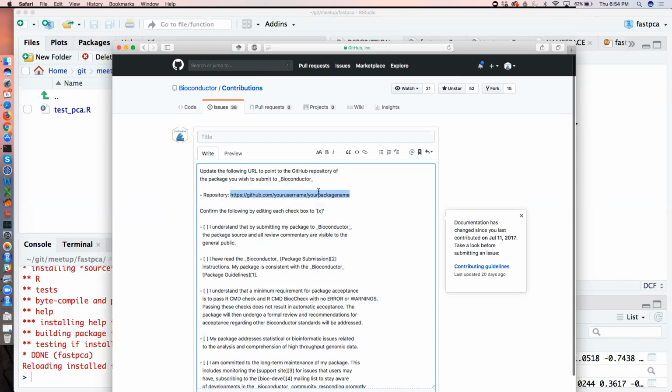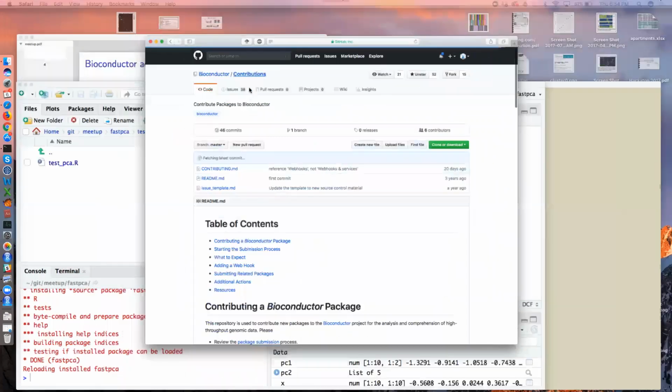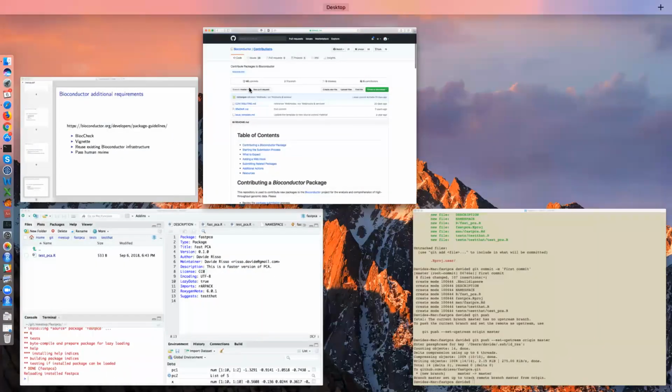Yes? So for the official manual that we see for packages on CRAN or Bioconductor, are those curated by them or can you curate it by ourselves? What do you mean the official manual? If you open a package, you see the functions and how to use them. So that's the same one that you create using